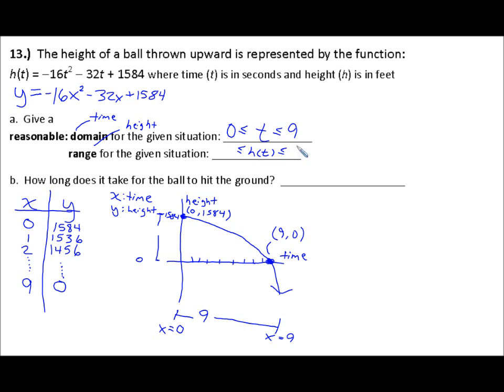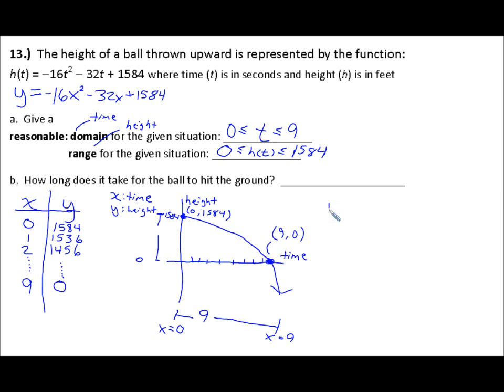So the highest this object ever is 1584. That's in feet. And the lowest is 0. That's the reasonable range of the function. And what's cool about that is reasonable domain and range go hand in hand with how do I set my